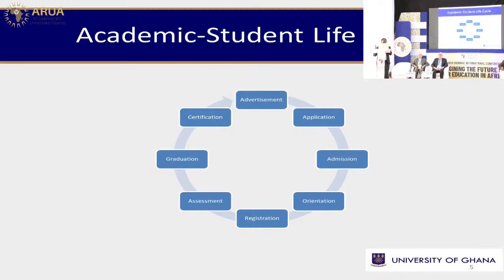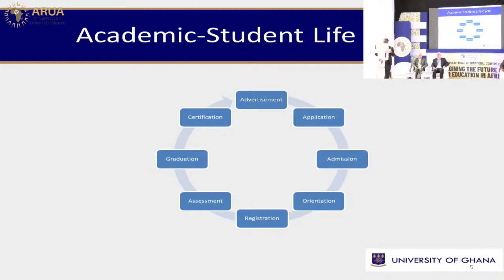Some of these areas are not too problematic when you replace them. Advertisement is just providing information, so there isn't so much of an issue. Application is also similar. But as I mentioned about fake certificates, when it comes to admission, that raises its head. Everybody is in a hurry receiving documents. How do you even know that some of the documents you are receiving are not written by the applicants themselves? Or, as we are talking about GPT and other things, they just go online and ask technology to create some of these documents and submit them.